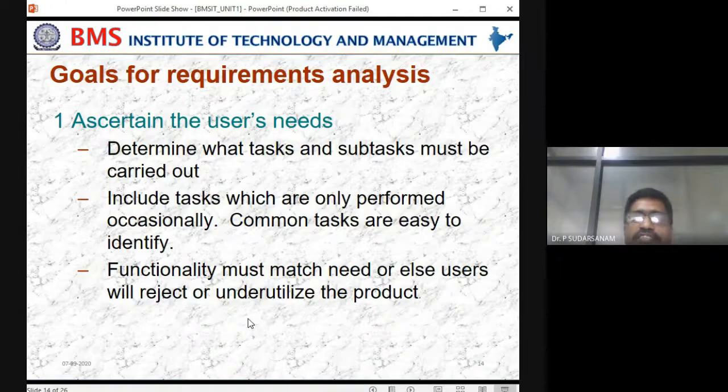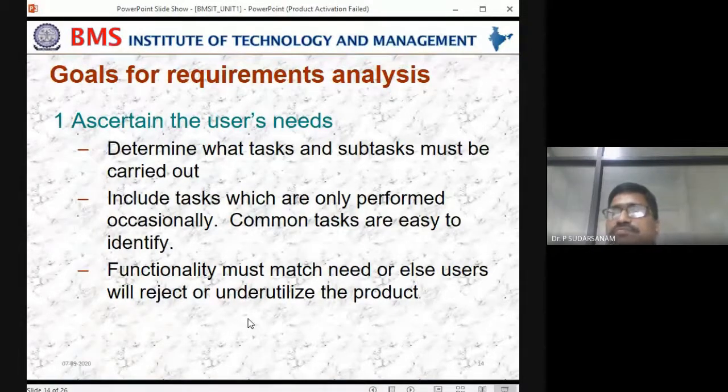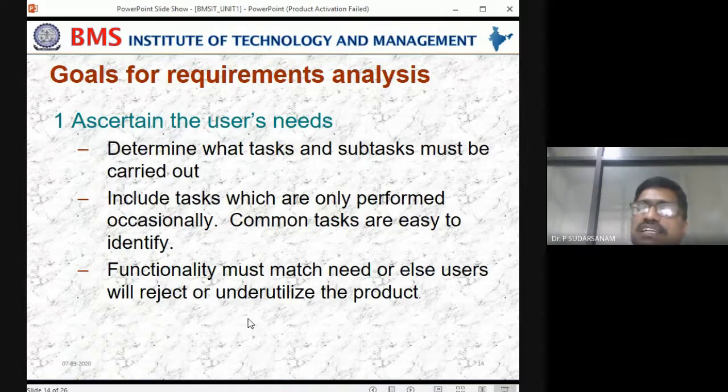So functionalities, they have to mention very clearly. Otherwise, what will happen is, if we don't know how to utilize it, we'll leave it. So free tools, mini tools, sometimes we'll download them. If they're not giving proper instructions, sometimes we'll leave that one. Whichever one is comfortable, we'll utilize it. So it will not be usable for that one.